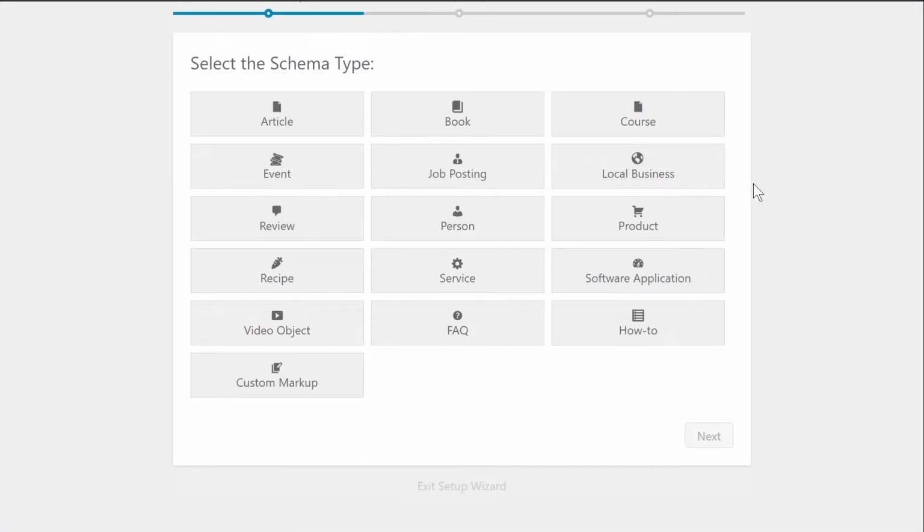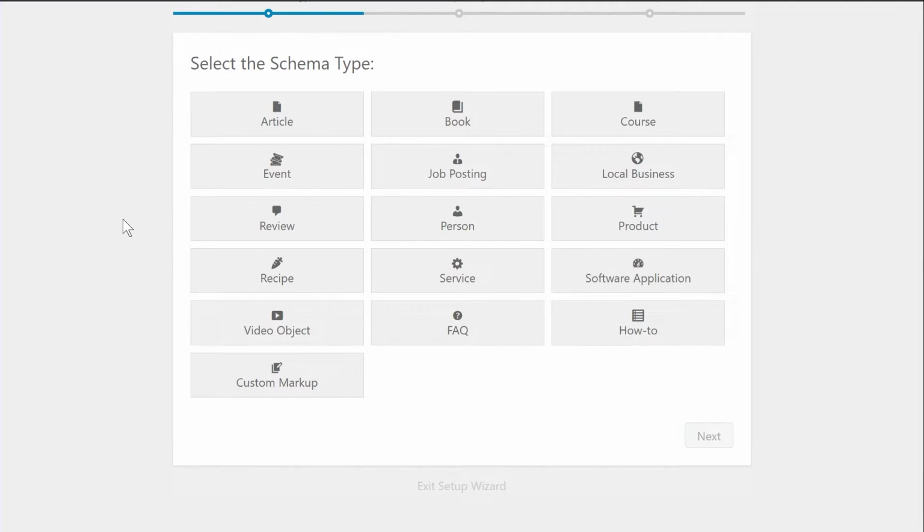And look at all the schema types supported that you can add to any of your pages and posts. The best part about using Schema Pro is that you can add any of these schemas to any number of pages. Let me give you a hypothetical example. Let's say you have 300 different posts on your website, and you're looking to add schema to all of them. Manually adding schema to all these pages would be a nightmare, as you can already imagine.